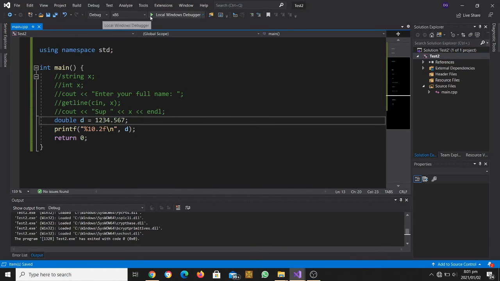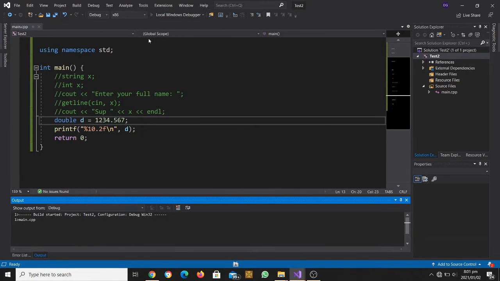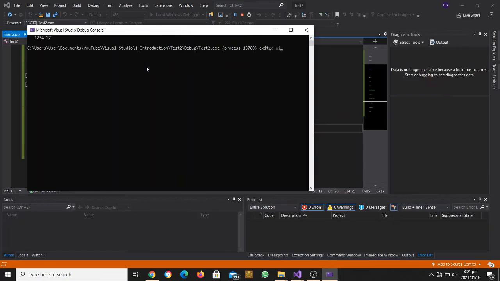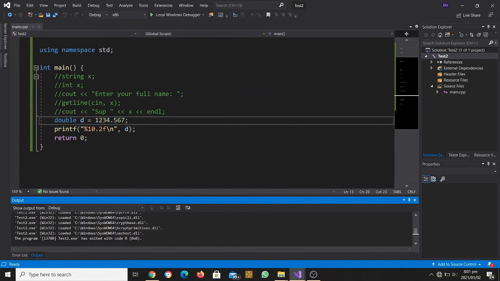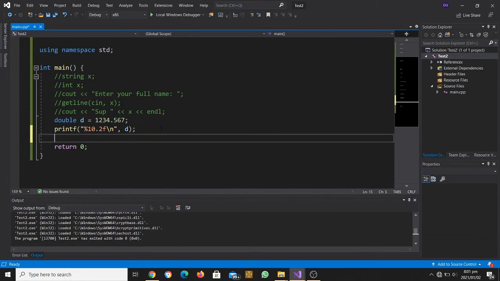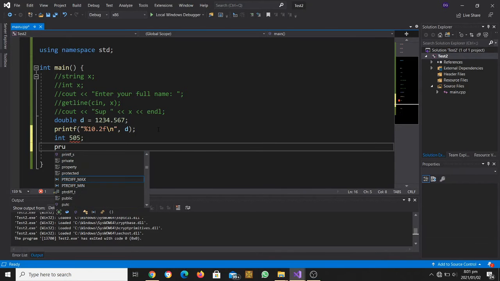Okay, now let's run this and see what happens. Okay, as you can see, we have 10 spaces here, and it's rounded off to 5, 7. Okay, and that's how basically you do it for a double. But what if we don't want to use a double? What if we want to use, say, an integer, like int 505, for instance? Then simply say printf,